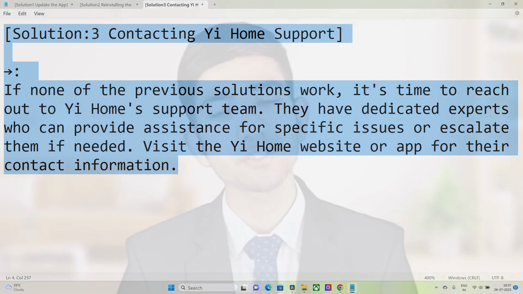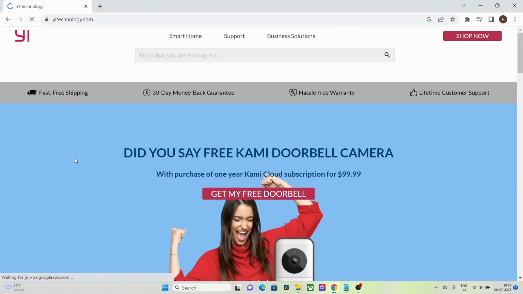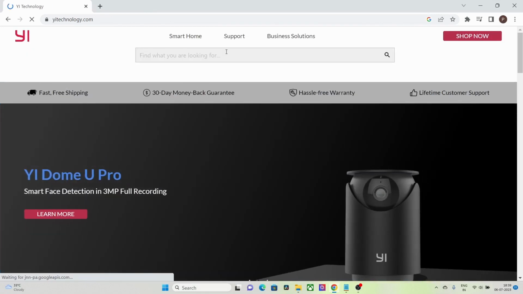So first of all, you need to visit the YI home website and find the contact us option, and in the contact us section you have to tap on the email option and mail them